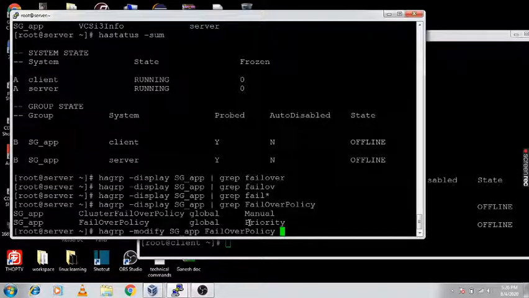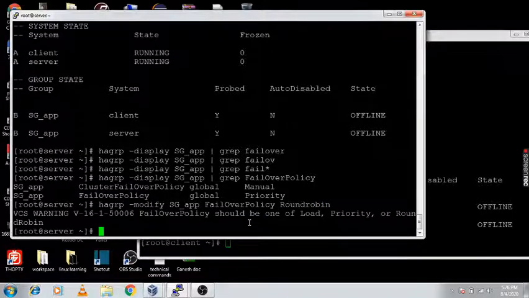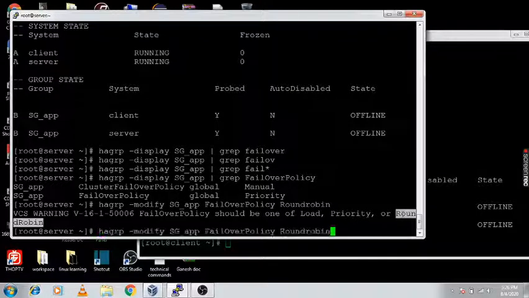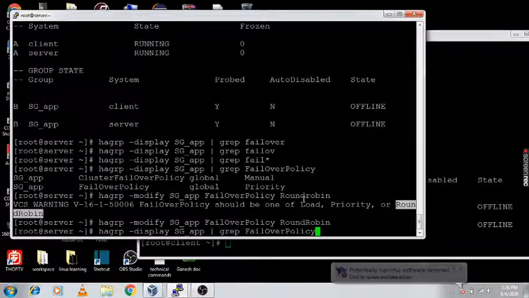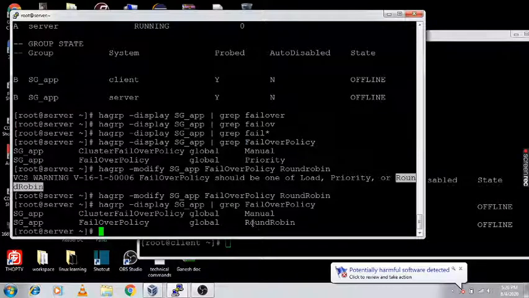Now I am setting round robin. Okay, these are the names we need to set. The naming convention you always need to set properly. Now you can check the failure policy is changed from priority to round robin.